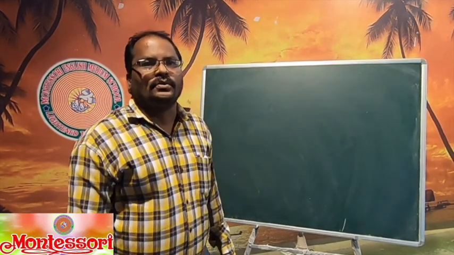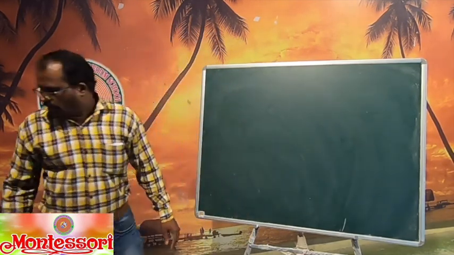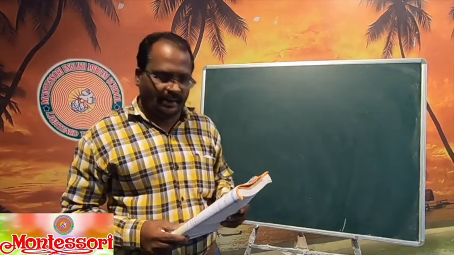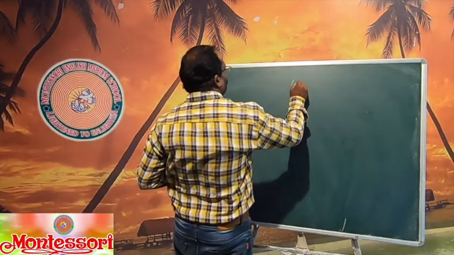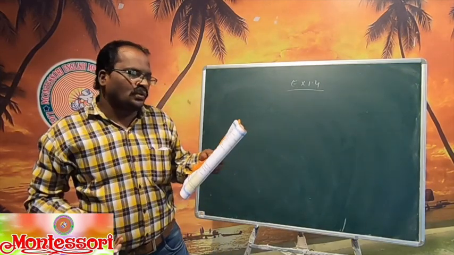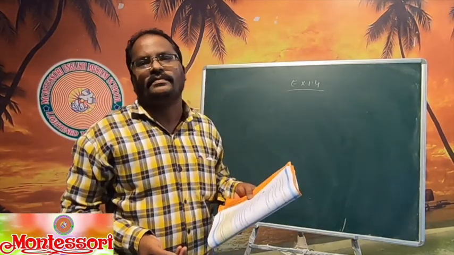Hello and welcome to class 10 mathematics. Now our video class number 10. Previously I have done root 2 is a rational number, root 3 and root 5 like that. Now we come to the exercise, Exercise 1.4. Some questions are given to prove that the following are irrational numbers.